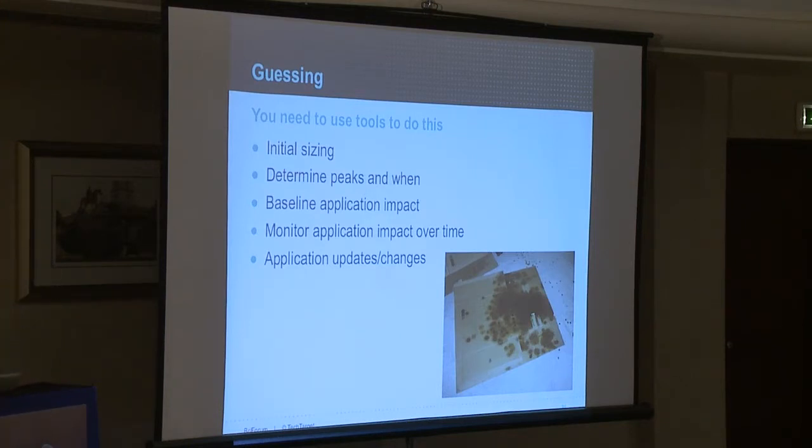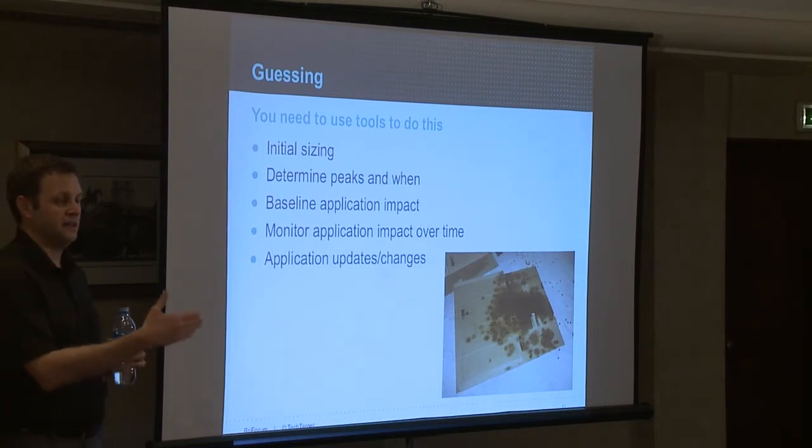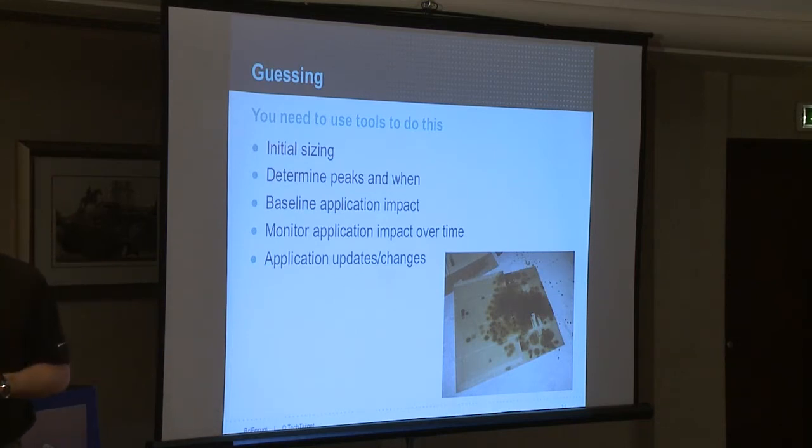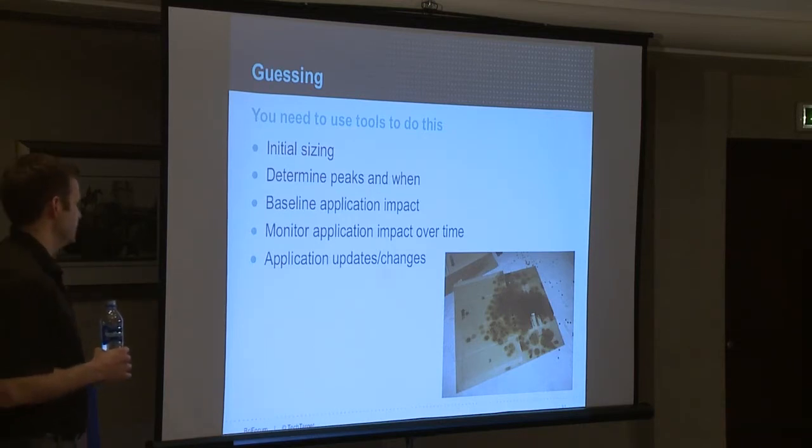So if they get a new app from one of their customers and now it takes twice as many CPU cycles, it has twice the compute impact, or maybe it's generating a lot more threads on the virtual CPUs, or maybe it's generating twice as much disk I/O, they understand why their environment is changing. And for them, they're actually building their own, basically, kind of test environment that new applications move through, so they can use tools to determine the deviation from that baseline that they created from their initial sizing. And really that works into that whole monitoring application impact over time.